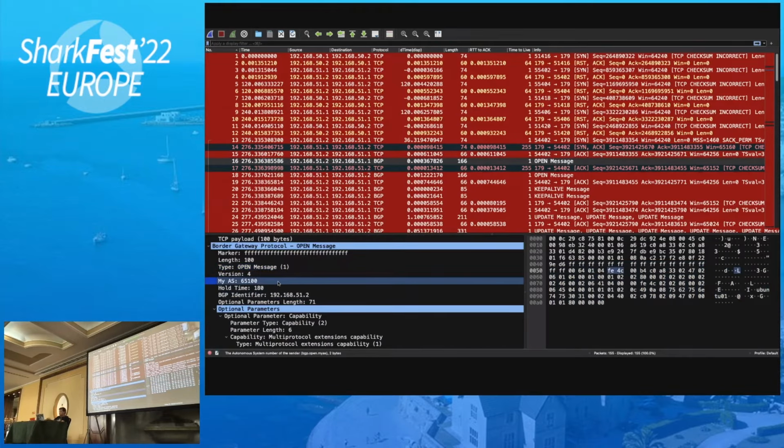There's various information here that's quite handy to take a look at, and things that we're going to be able to see, like how carefully have things been designed here? Are we just running defaults? Things like timer messages, timer values here, like a hold timer of 180 seconds. 180 seconds. It's an age, no? For a BGP session. We're going to wait potentially 180 seconds before we decide that our peer might not be there anymore. That doesn't strike me as particularly performant, but it also suggests to me that this is default, because